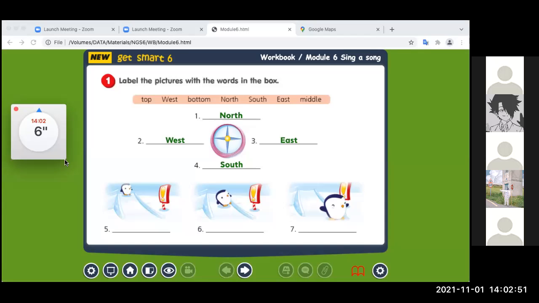Okay, maybe next time. Can I hear from Bamboo, number 23, please? Top. Correct, very good. The penguin is on the top.